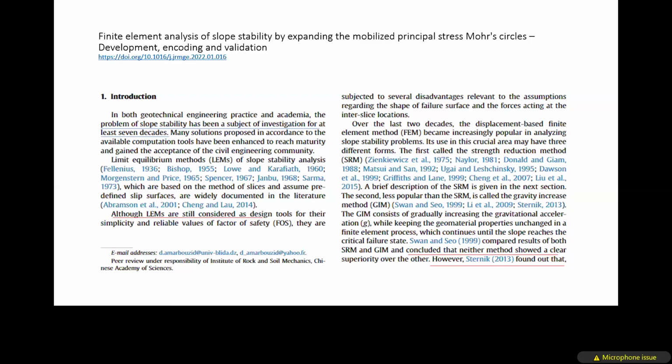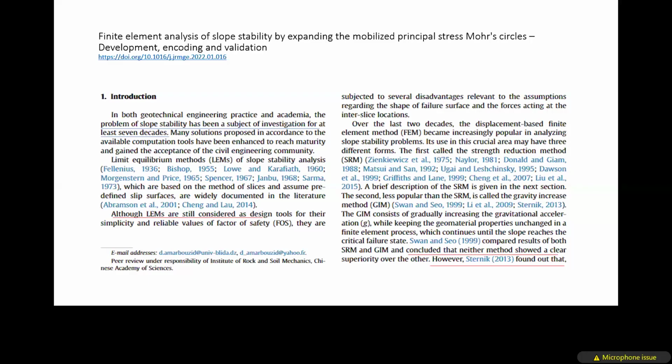Now, this is a direct identification of the research need, right? So when you read this paper, by looking at this word, although, you can straight away see the research need. They have not said that there is a research need to conduct research because of this. But the beauty of this writing is, without saying that, these authors use the word although. Although LEMs are still considered as design tools, this sentence